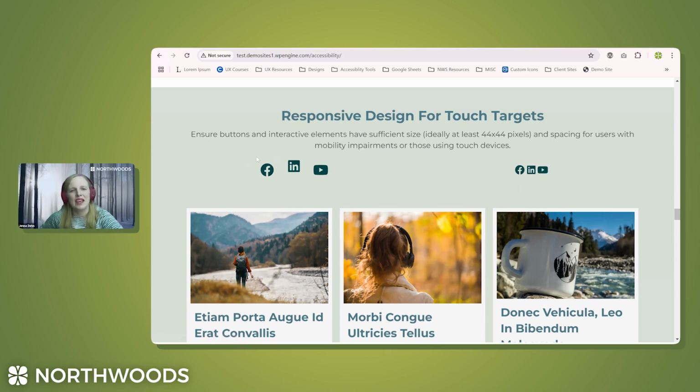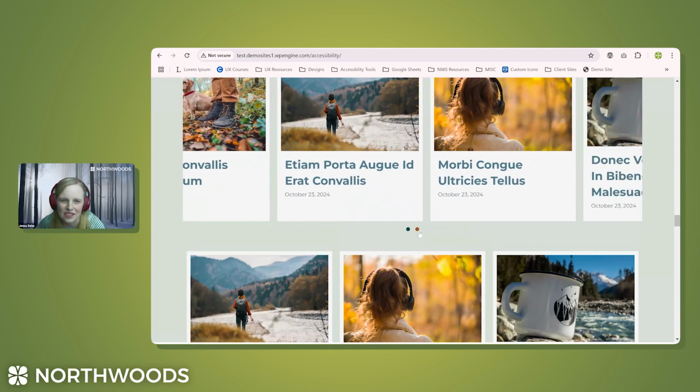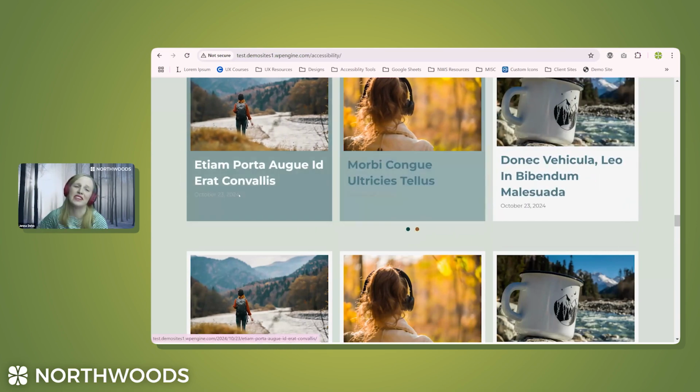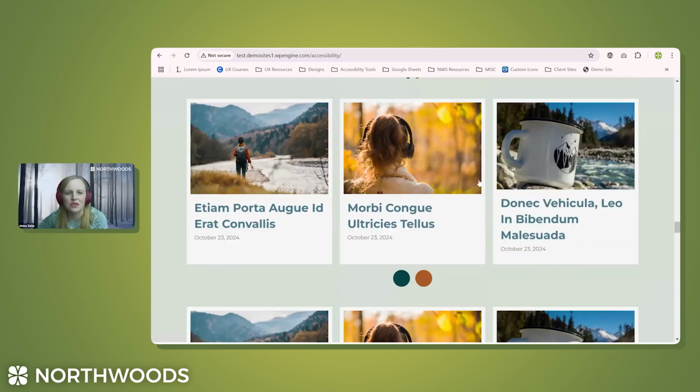So instead, we want to make the icons a little bit bigger, space them out a little bit more, because that will help users on desktop that have those issues with stability with their hands, as well as those mobile users that don't have such a precise cursor. So outside of social media icons, where this applies is sliders. To get this slider to work, I have to click on these dots, and they're pretty small, so that can be hard. So in order to meet this 44 by 44 pixel radius, we really have to blow them